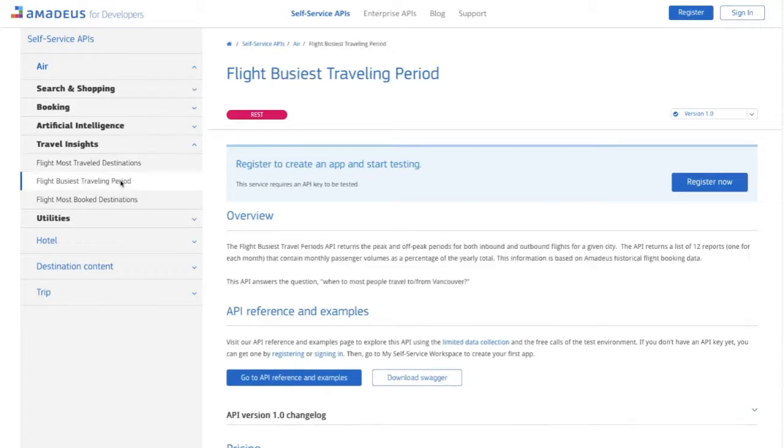On the other hand, flight busiest traveling period returns a list of 12 reports, 1 per month, with the volume of passengers flying to and from a given city. This is very useful when you want to fly to a city and you want to avoid the busiest month